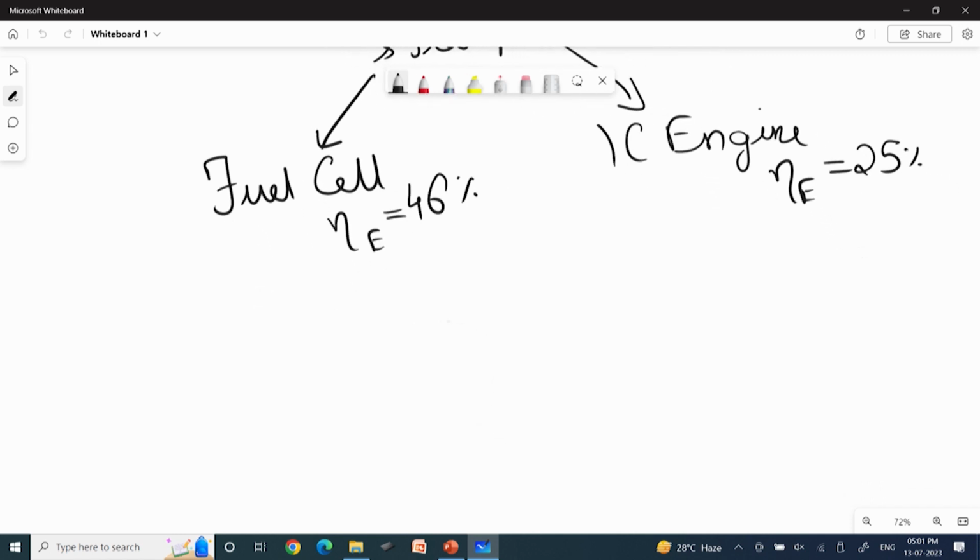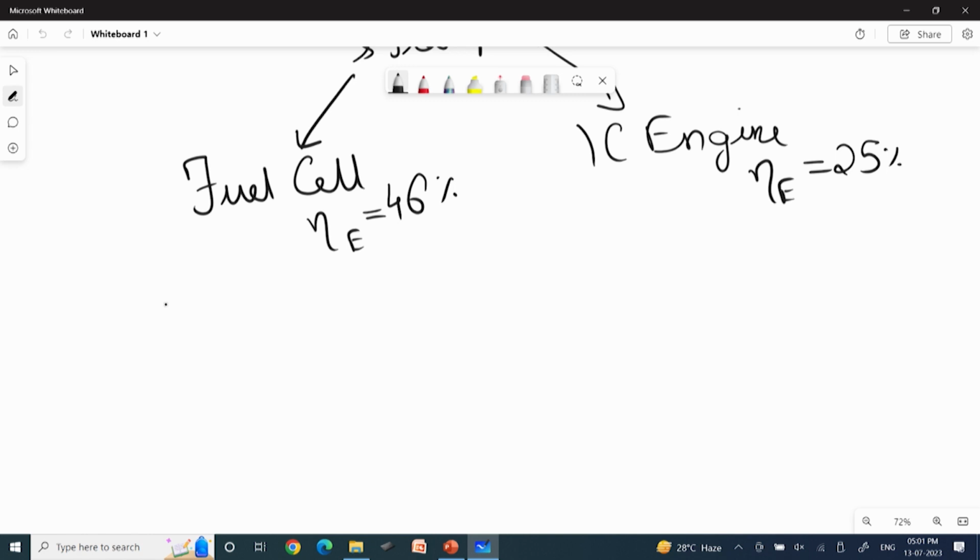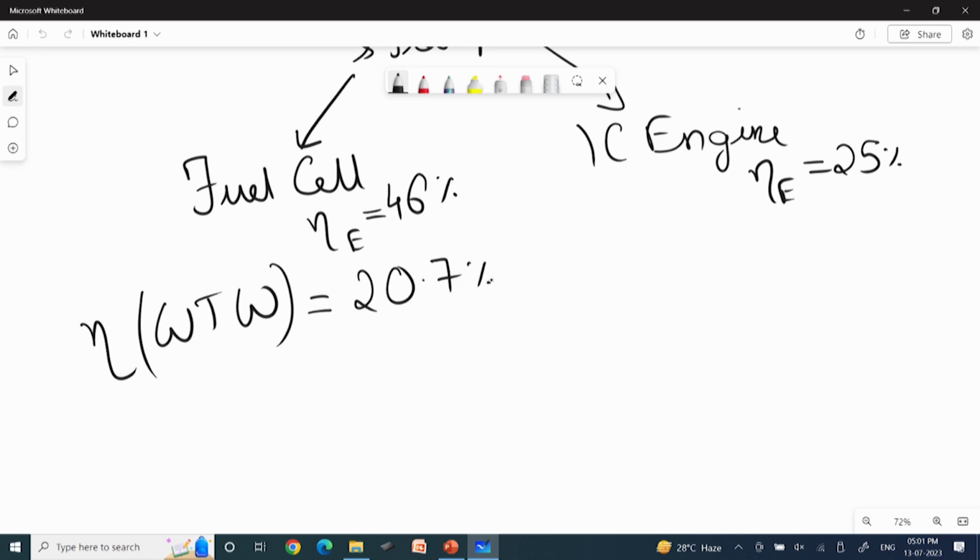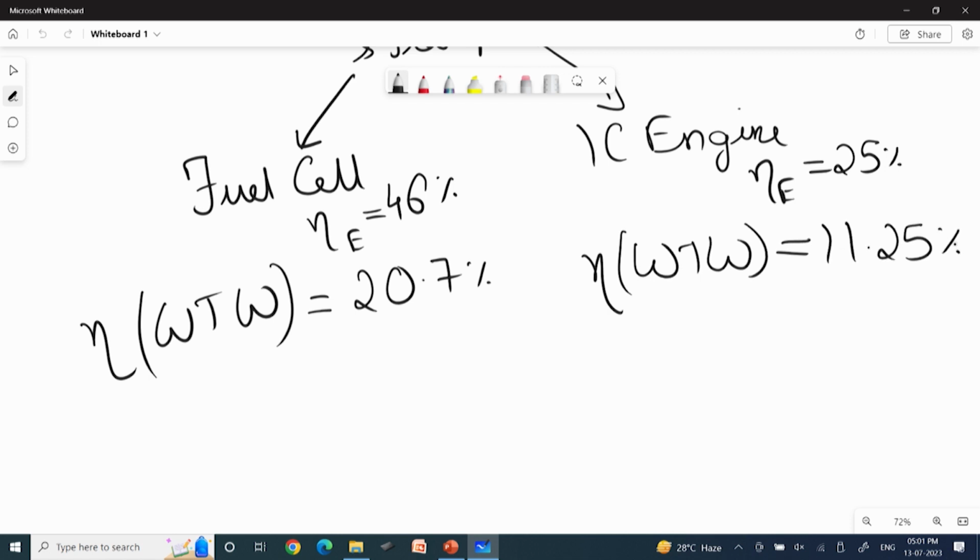So, if I go with the well to wheel efficiency for fuel cell, so eta, that is well to wheel for a fuel cell based system, this would come to around 20.7%, and in this case the overall efficiency would be around 11.25%. So, you can see there could be significant efficiency differences in the way we end up using the hydrogen, whether we are using conventional engines that have been modified for the hydrogen requirement, or if we go with a fuel cell. And this is one of the reasons why fuel cells have been proposed to be used